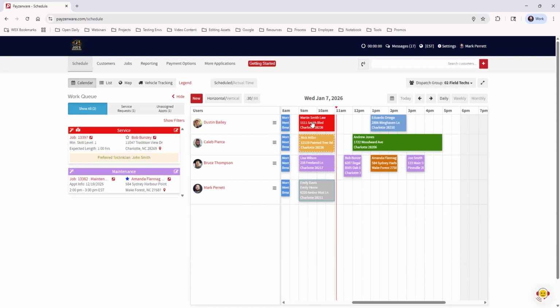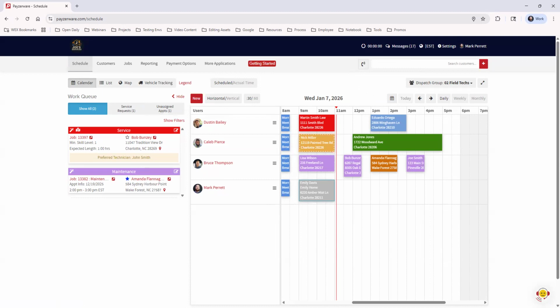Each of these blocks represent an appointment. And you are able to also create draft appointments that are not completely ready yet to go and be scheduled. And that is saved in the work queue on the left side. So you have kind of two main places here on the schedule page, your live dispatch board, and then your